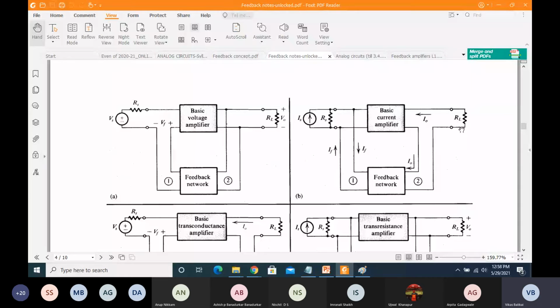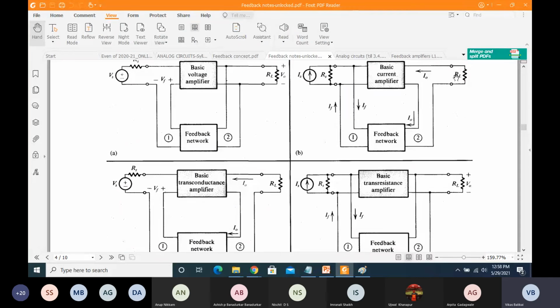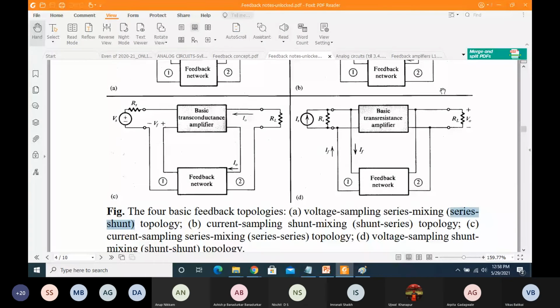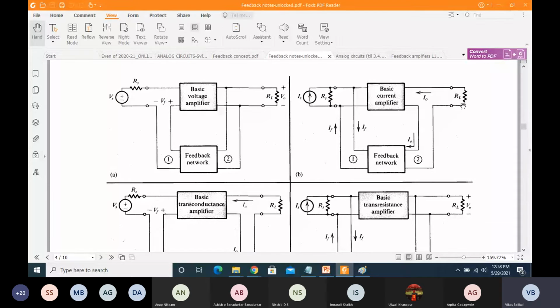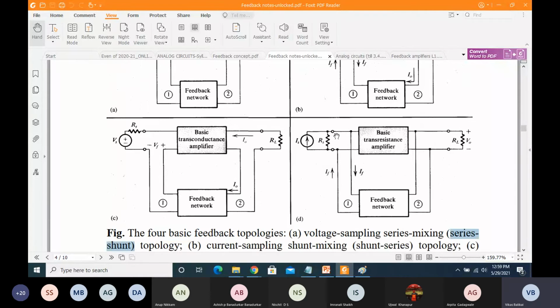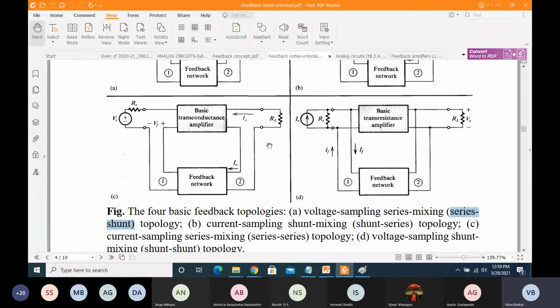And because here, look here, what is the resistance, how is it connected? The resistance is connected in series with the current source over here. See, the current is in series and the resistance is in series with the current flowing. The output side we call a series connection, and that's the reason at the output side we go with the series topology, and this is called by the name shunt series, because of the way the resistance is connected to the input and output, I define it by that name. What about this over here? Because the resistance is connected in series at the input side, and at the output side also, the resistance is connected in series.